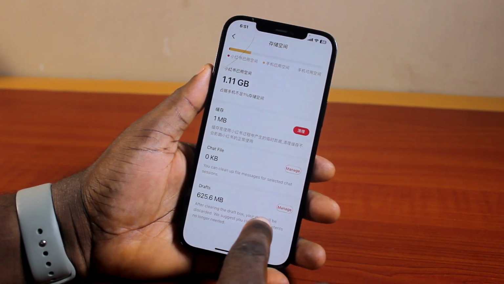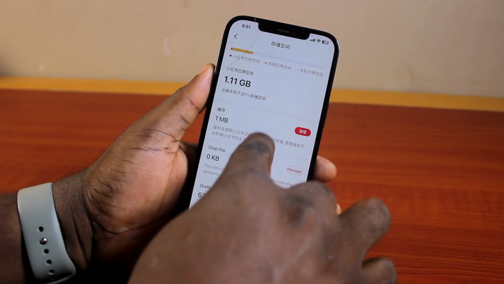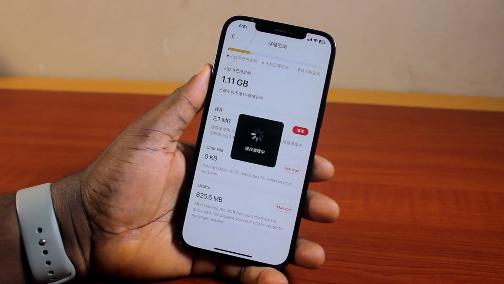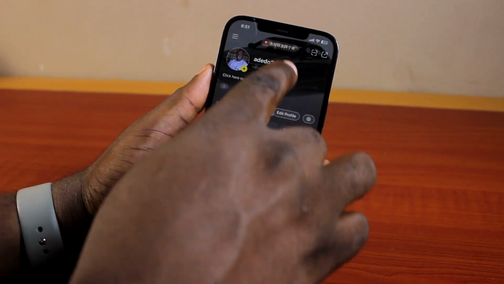And this is your draft. You can come here, click on manage, and then delete the draft. But in this case, I only want to clear the cache on the RedNote application. And then once that is done, hit the back button, and then you should see that you're good to go. So that's basically how to clear